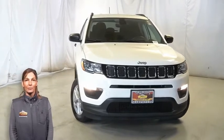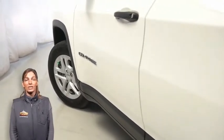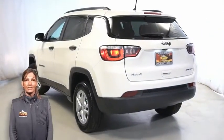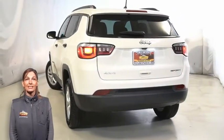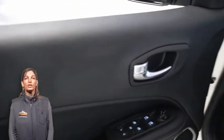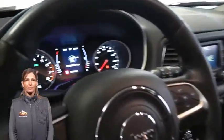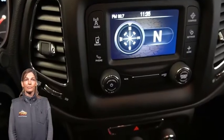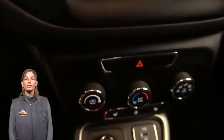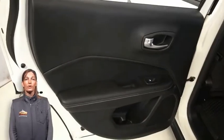With halogen quad headlamps, deep tinted sunscreen glass, 16-inch silver painted aluminum wheels, exterior mirrors with heating element, black daylight opening moldings, incandescent tail lamps, heated front seats, heated steering wheel, SELEC-TERRAIN system, Uconnect 3 with 5-inch display, Park View rear backup camera, Bluetooth streaming audio, electric park brake, rear 60/40 folding seat, second row remote USB port, reversible carpet